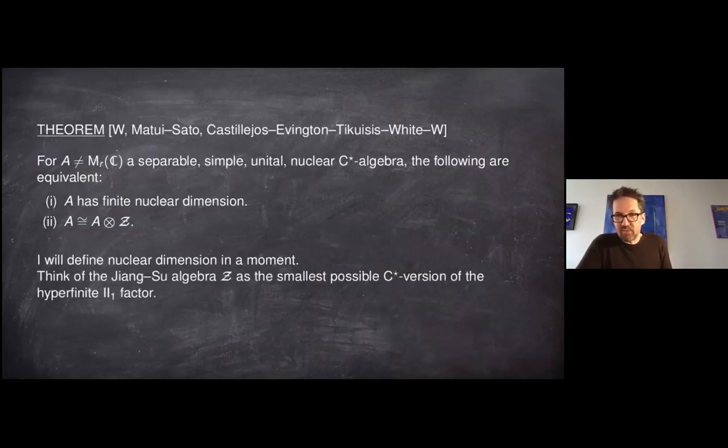In this talk, I don't want to define or describe the Jiang-Su algebra explicitly. You can think of this as either the smallest possible C-star version of the hyperfinite II_1 factor. That's one way to think of it, and then of course I would have to say explicitly what I mean by smallest possible, so I certainly don't mean the complex numbers. You can also think of this as an infinite dimensional version of the complex numbers. And one other way to think of it would be to